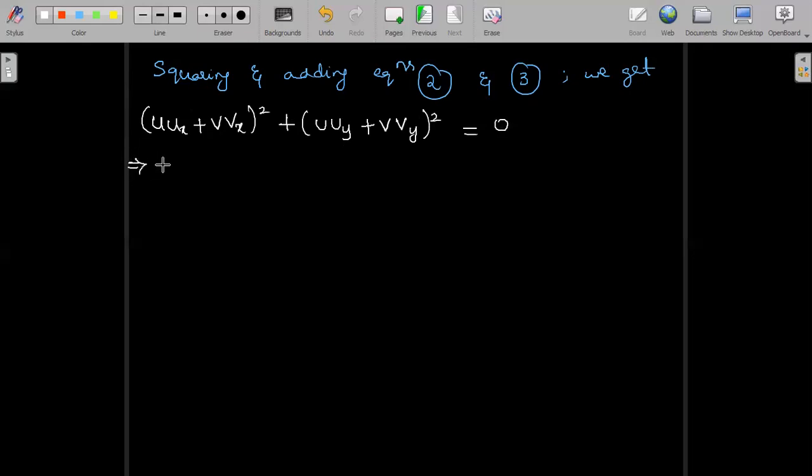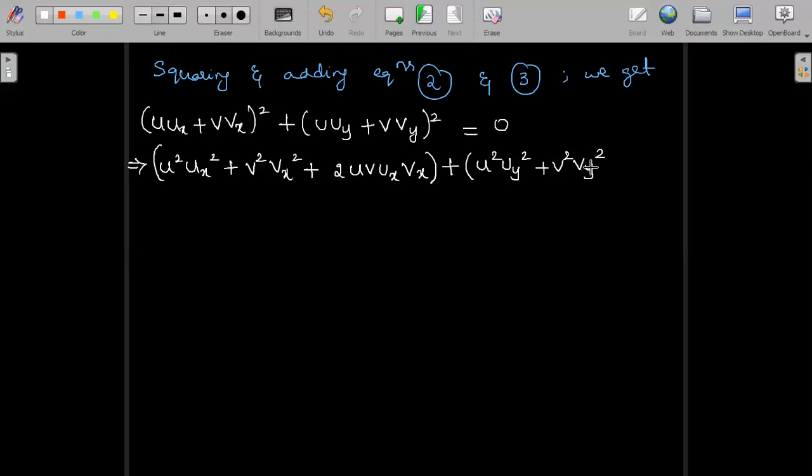Now we will expand this, (a + b) whole square. So u square ux square plus v square vx square plus 2uv ux vx. This is the first term for us. Plus second term in the same manner, u square uy square plus v square vy square plus 2uv uy vy is equal to 0. And let me call this equation 4